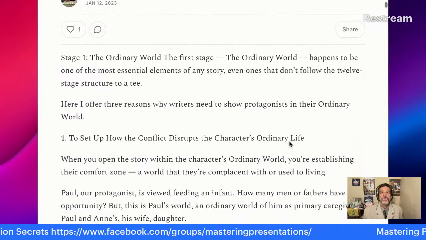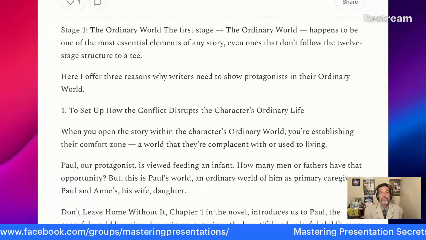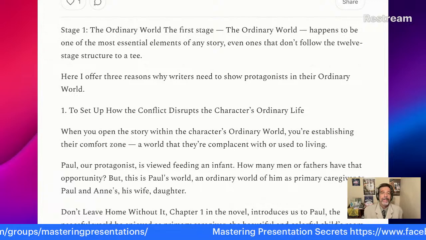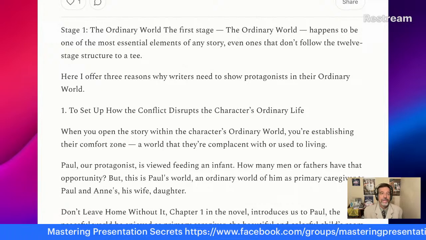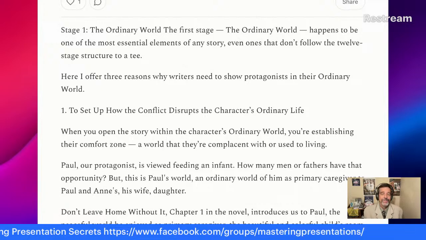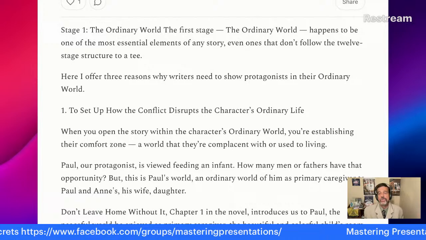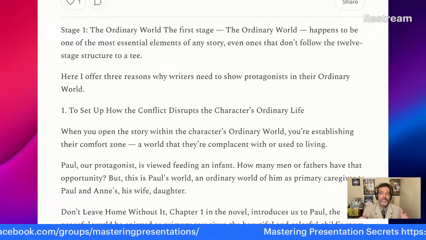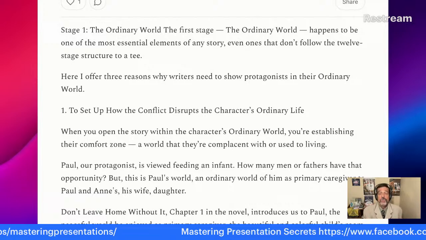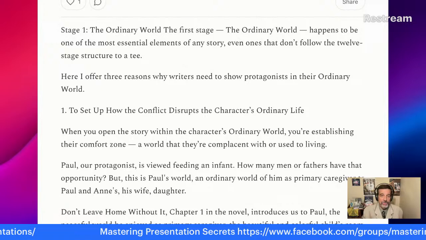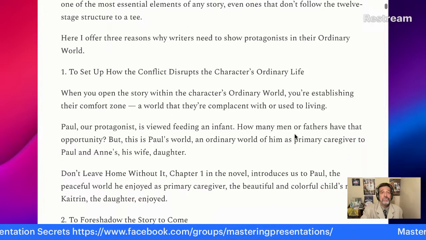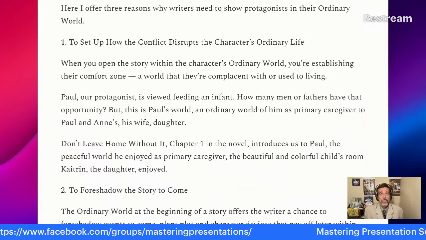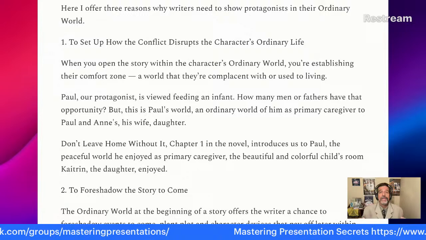When you start out your story, it's the ordinary world, the first stage. The ordinary world happens to be one of the most essential elements of any story, even ones that don't follow the 12-stage structure to a T, because some writers take bits and pieces of the stages. What I've tried to do with Burning America is have all 12 of them, but you want to have that structure. I'm going to give you 3 reasons why writers need to show protagonists in their ordinary world.